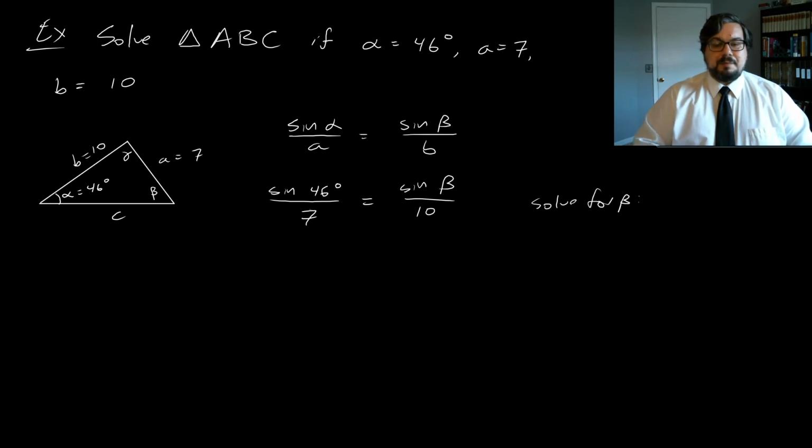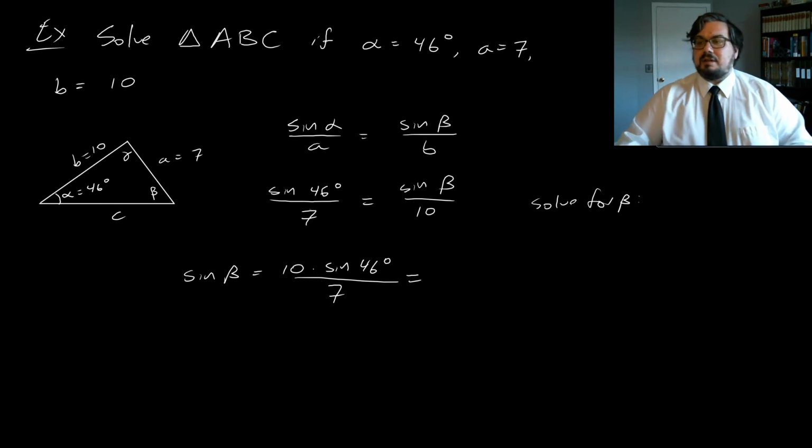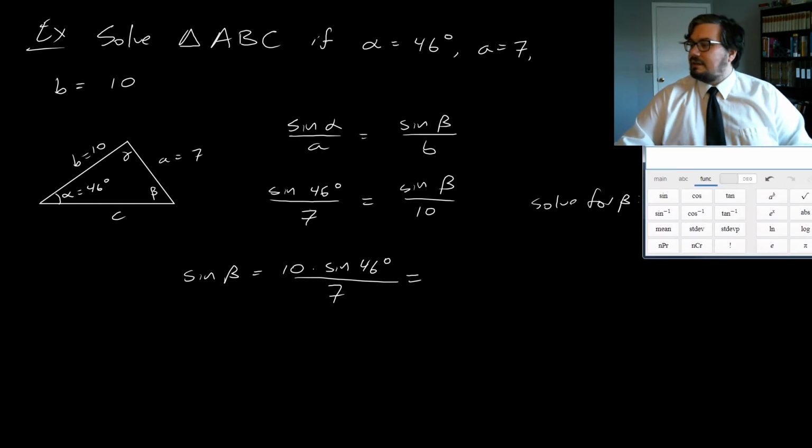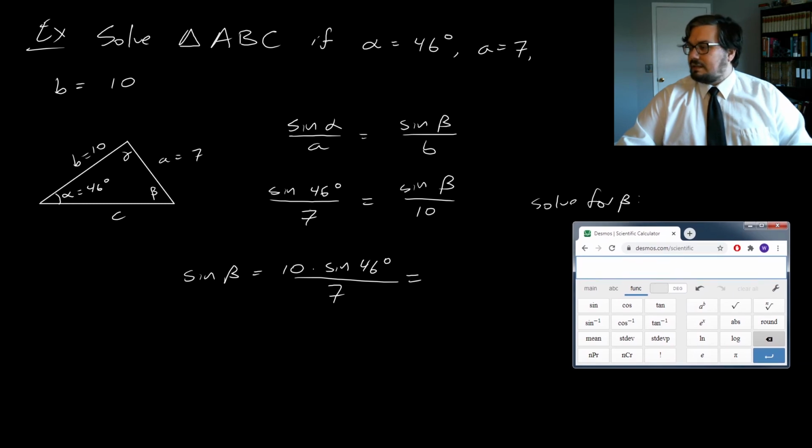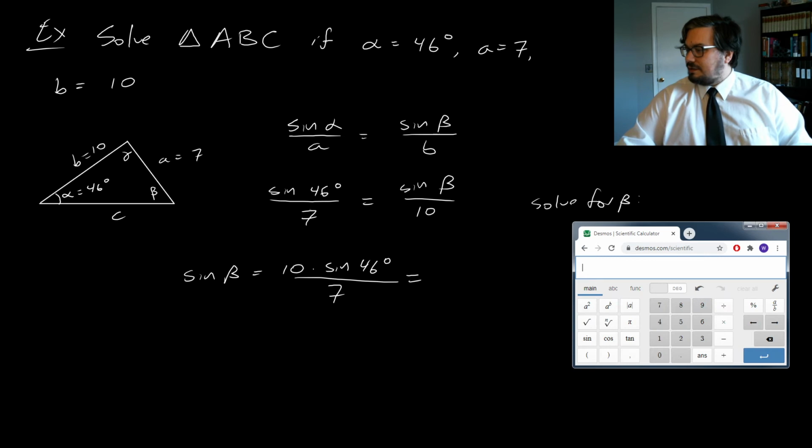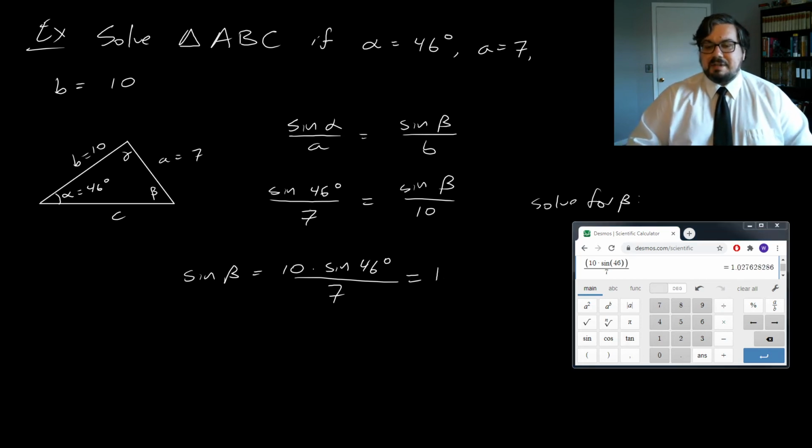If we solve for beta, then we get that sine of beta is equal to 10 times sine of 46 degrees over 7, and we can pull out our calculator to get that. So we've got 10 times sine of 46, I'm in degree mode, divided by 7 is what we want our sine of beta to be, and we get